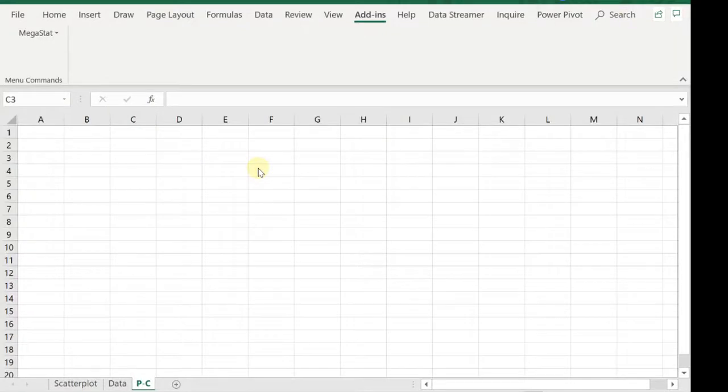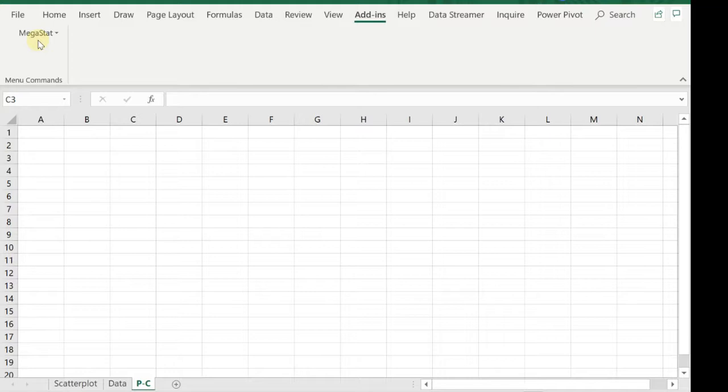Okay, so I'm in Excel now, and I already have the Megastat add-in installed. Now this Megastat add-in, I know some of you have emailed me saying that Excel does not retain Megastat. You have to kind of add that add-in each time.